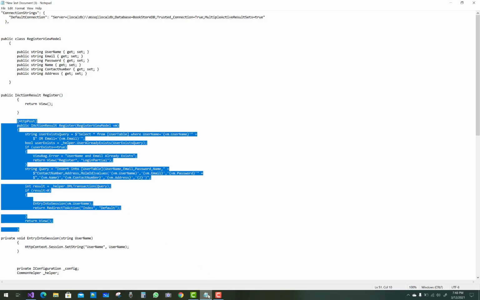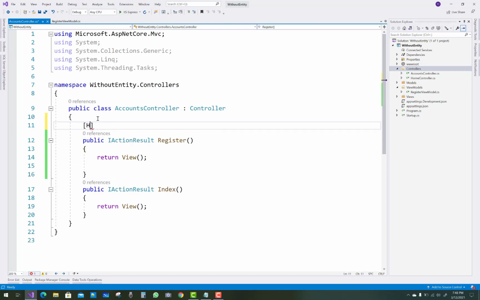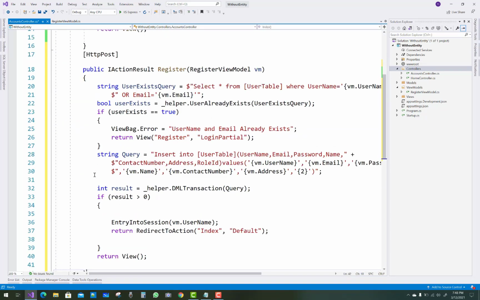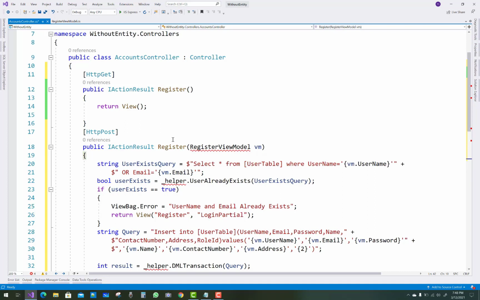First of all, add HttpGet just before your Register action method name, and after that add a new post action method, Register, with the HttpPost attribute. Inside you can see RegisterViewModel, so just resolve your namespace by using Ctrl+dot and adding the using.